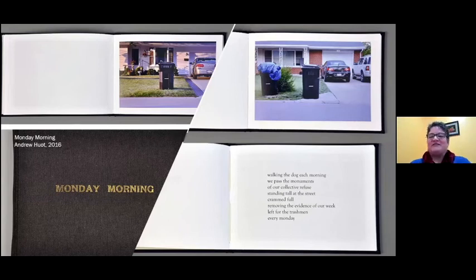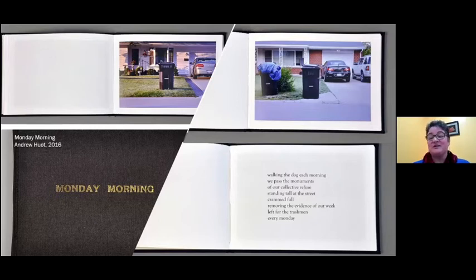But if you look at the images on the top, it's about trash, it's about houses, maybe it's about a neighborhood. Okay, sure. But then if you read this passage on the right, you start to think, oh wait, maybe it's not just about trash cans and houses. So what's it really about? Well, on the surface, it's about trash cans and houses. But clearly there's something else going on. And can I name that? Can I describe that? What can I do to make sure that this gets access?